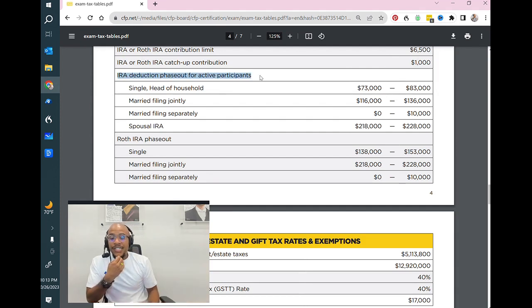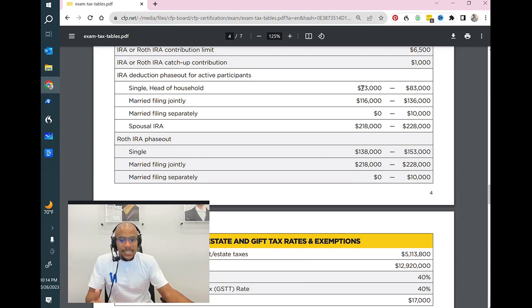What you're looking at on screen is a phrase that says IRA deduction phase out for active participants. An active participant is a person who has a retirement plan available to them at their employer, like a 401k or a 403b. Even if they choose not to take advantage of those plans, because they have access to it, they're considered an active participant. And if you are an active participant and you earn too much in adjusted gross income, you can contribute to a pre-tax IRA. You can even max out those contributions, but you may not be able to deduct all or any of what you contribute, which is a big reason people put money in these accounts in the first place, to get that tax deduction.